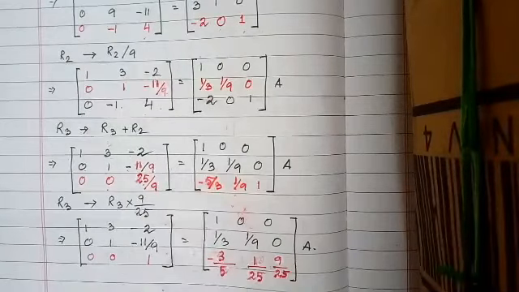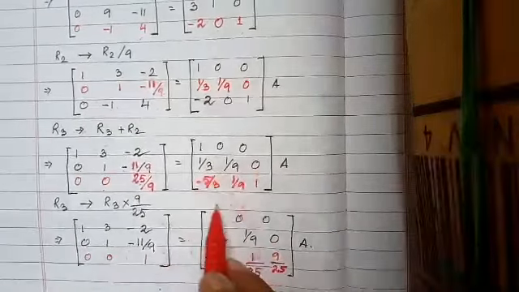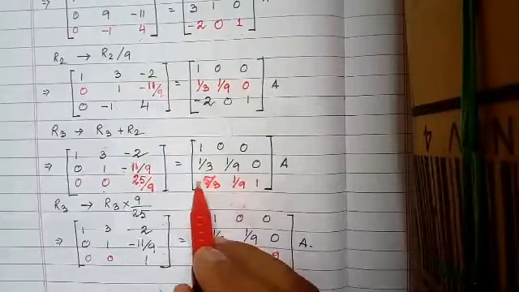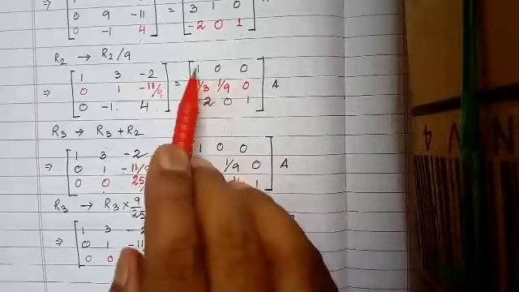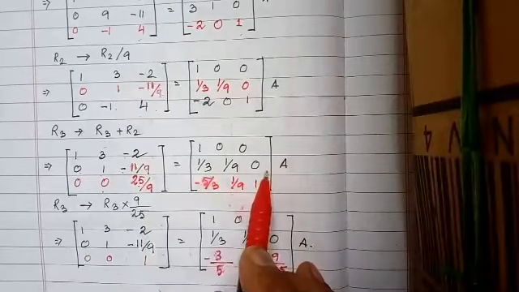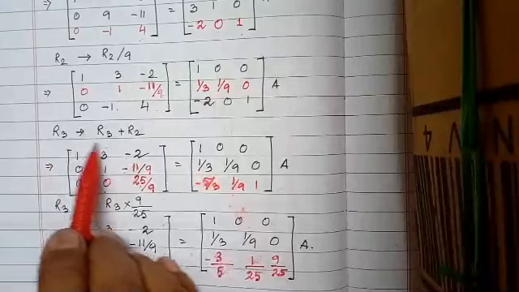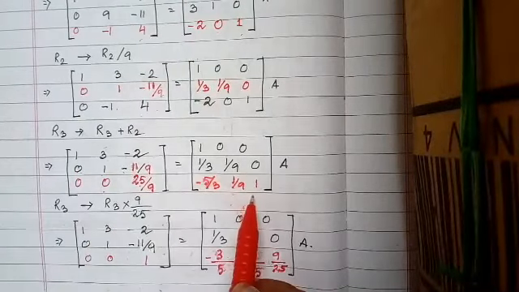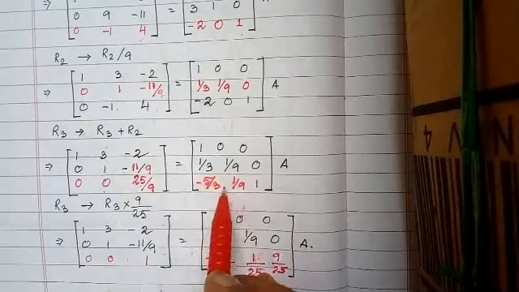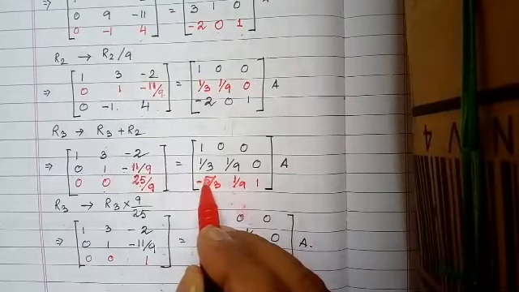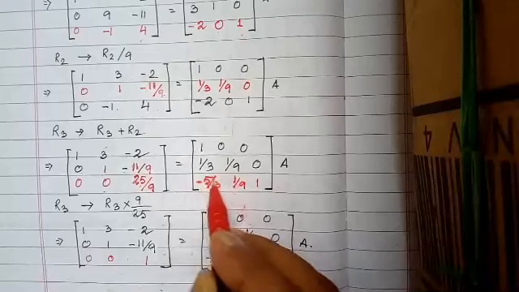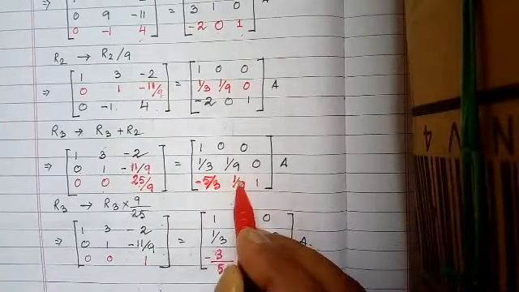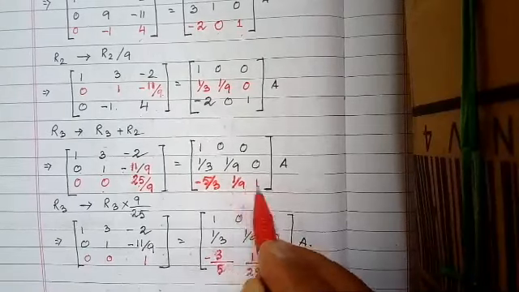25 by 9. Same operation is done here. And then for R1 and R2, it is written as they are, because we are not operating R1 and R2, we are operating R3. So R3 will only change. Now with the same operation, you will get that R3 elements will be minus 5 by 3, 1 by 9 and 1.